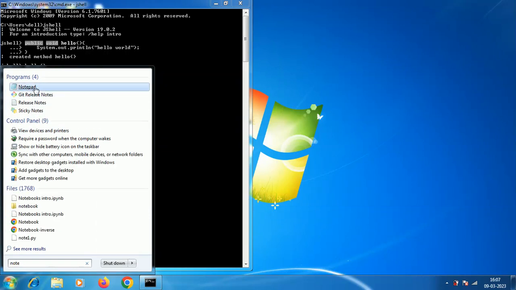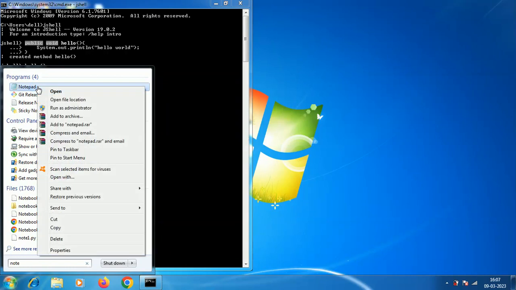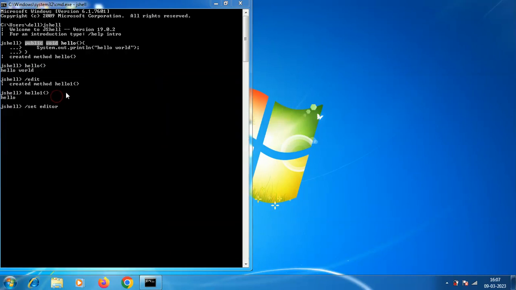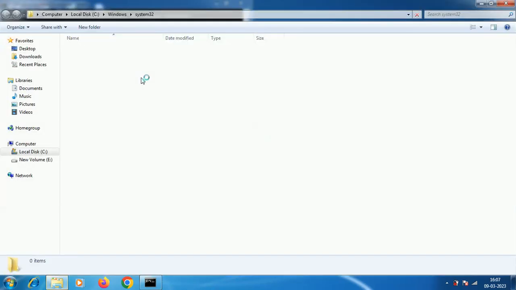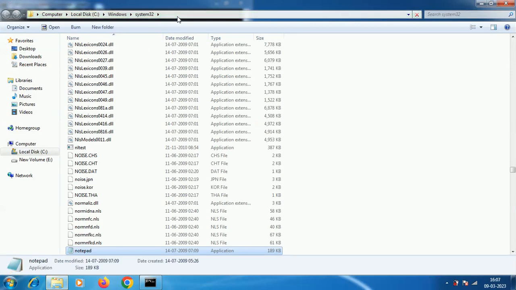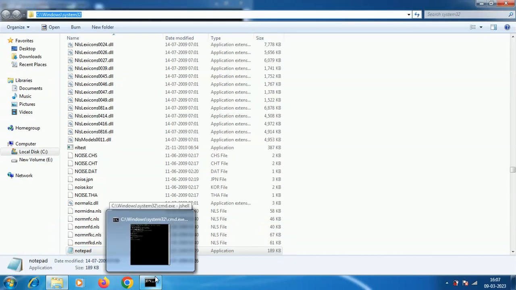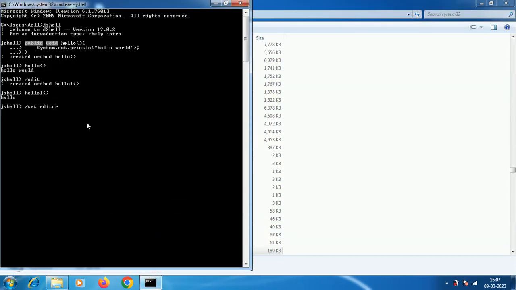Open file location. It is there inside the computer, Local Disk C, system32, notepad. So I am making this Notepad the default editor rather than the one given by JShell. I am using this editor in double quotes, C colon